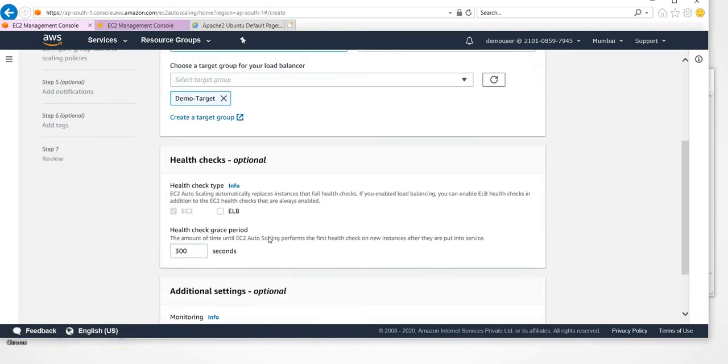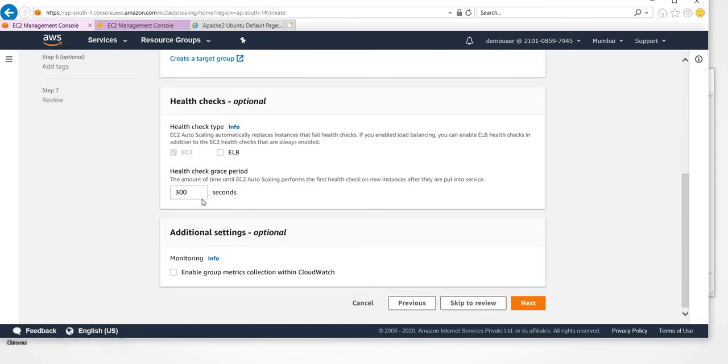Okay, so next thing is the health check. This is something like the grace period. If the instance is not responding for 300 seconds, then it needs to be marked down or up. These are things you can change. You can even say 120, which means 2 minutes, so you wait for only 2 minutes or something like that, which we are configuring.